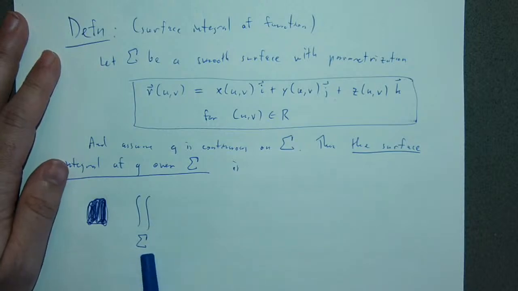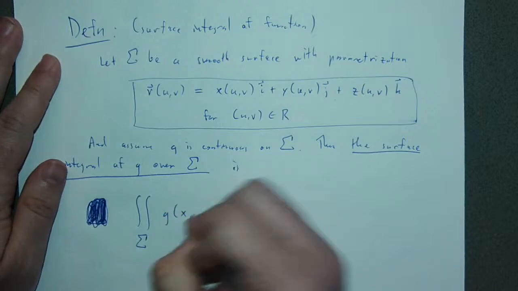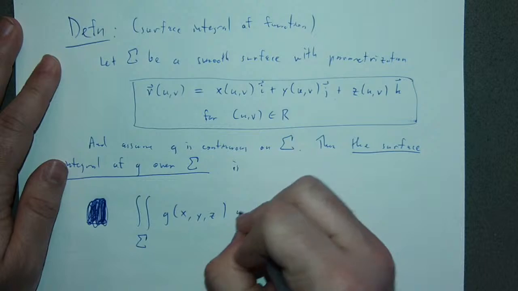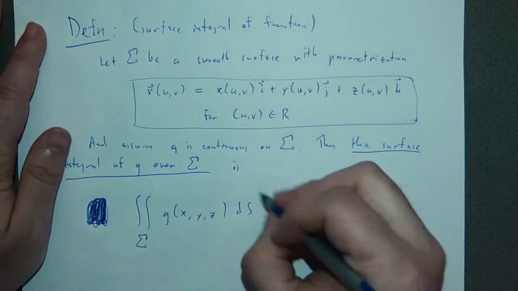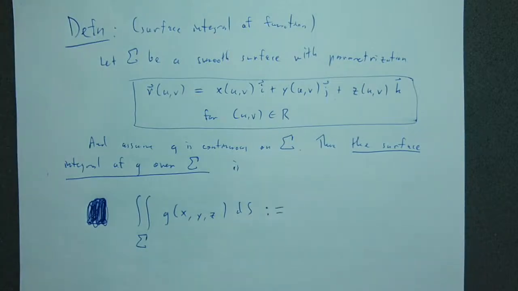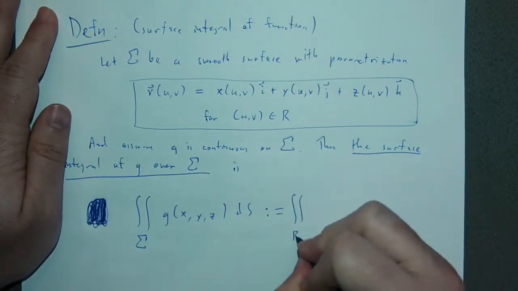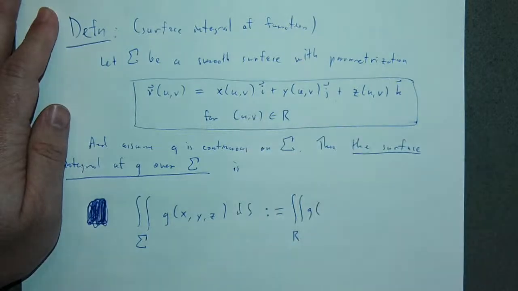The double integral over sigma is what we use to denote the surface integral. So this is G of x, y, z dS. This is the surface integral of G over sigma. What's on the left here is just notation. This is defined to be the double integral over R of G with x, y, and z plugged in,